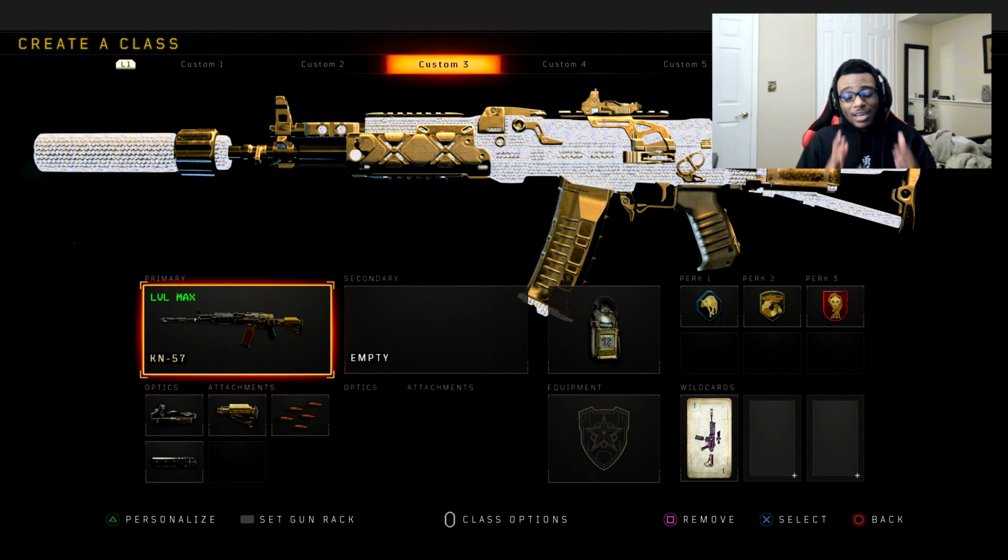Now, this is one of my favorite rifles, and this is actually my favorite class setup within the entire game, believe it or not. I know a lot of people do not like the KN, and I just don't know why. But for this setup, I like to run the Elo sight, the stock, rapid fire, as well as the suppressor. You guys can probably notice that I have the same exact setup that I run for the Vapor for the KN57,